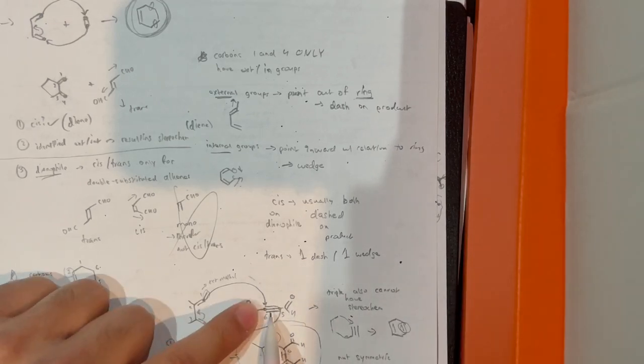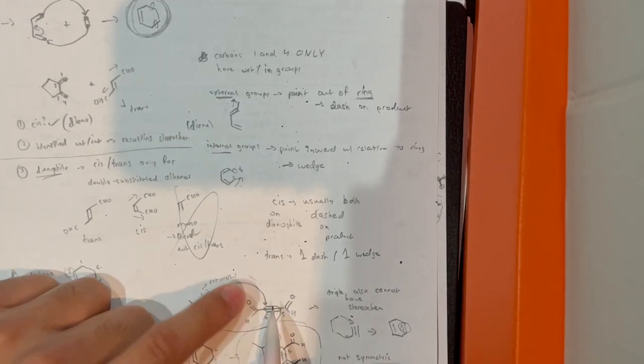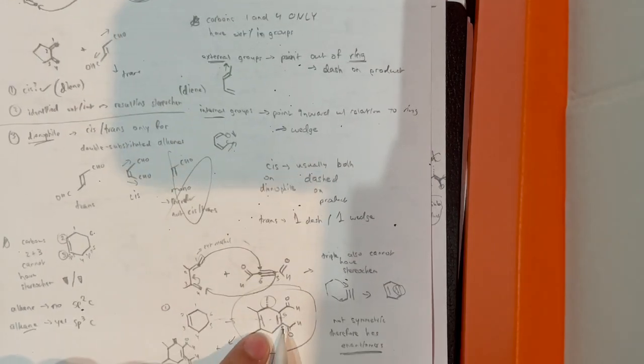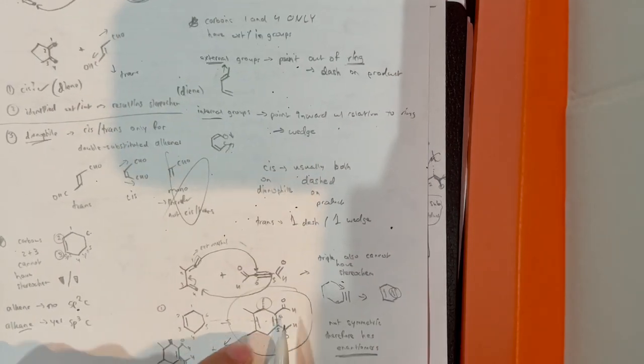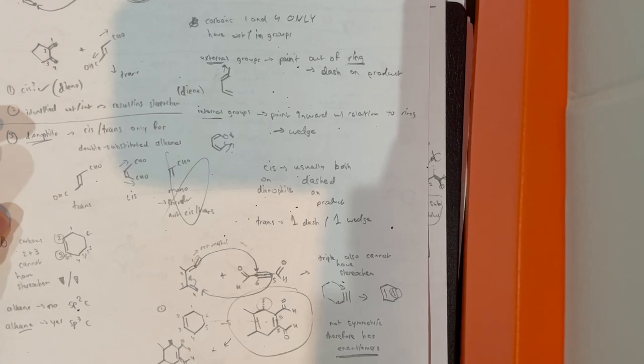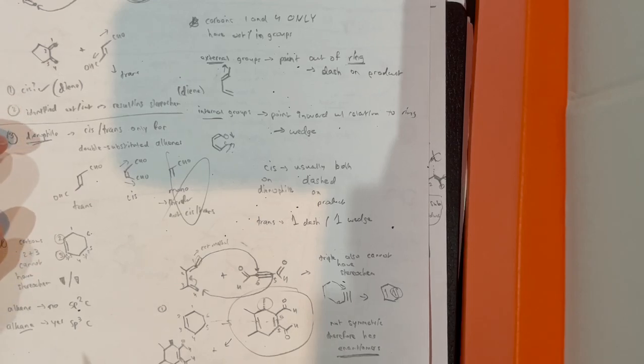Depends if there's a triple bonded dienophile. A triple bonded dienophile means I produce an alkene between 5 and 6 on the final product. So therefore, you don't have any stereochem. Anytime you see, let's see,